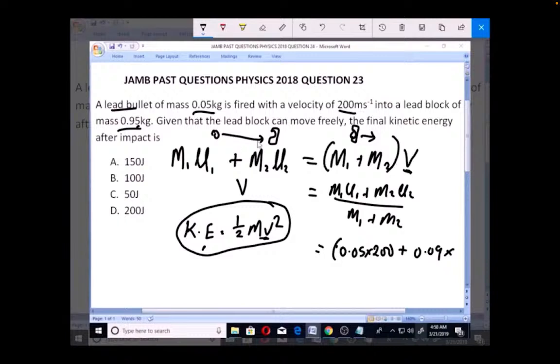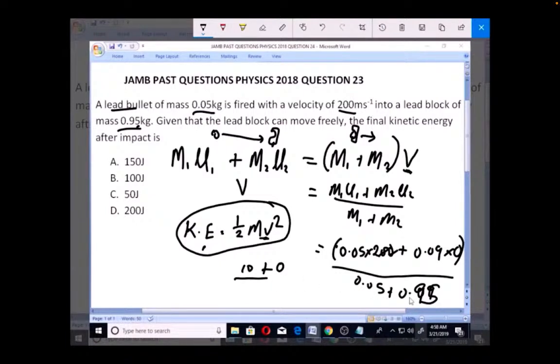this bullet went into this block. This block was not moving initially, so the U2 is 0. So all over M1 plus M2, M1 is 0.05 plus M2 0.09. I mean 0.95. So if we solve this out, we are going to be getting 10. That's what we'll get, because this times this, this will go 1, 2 to cancel these 2. So that we have 2 times 5, which is 10, plus this times 0 will give us 0. So we have 0 here all over